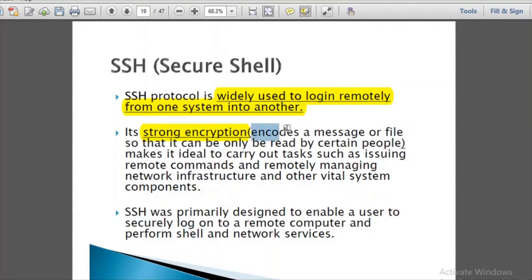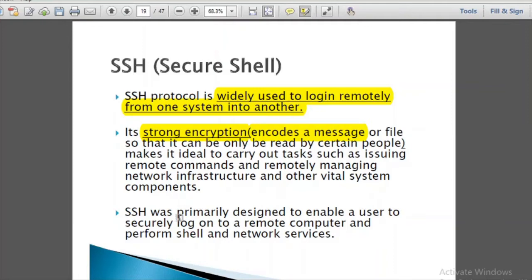Encryption means encoding the message into a secret language. It makes it possible to carry out tasks such as issuing remote commands, remotely managing network infrastructure and other vital system components. And you can work on that system as if you are working on it. You are physically not working on that system, but remote login provides you such a facility.